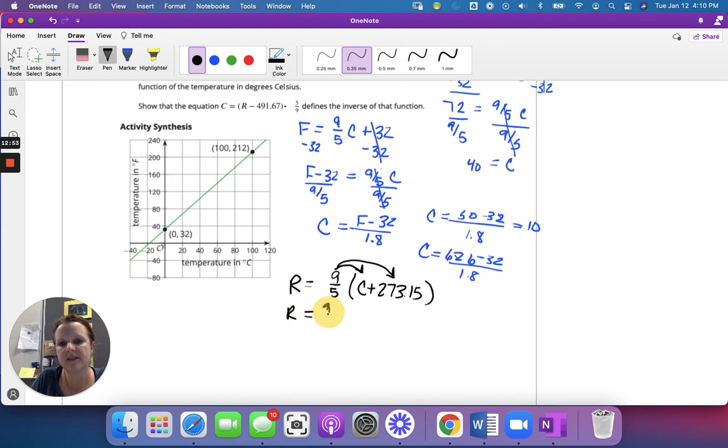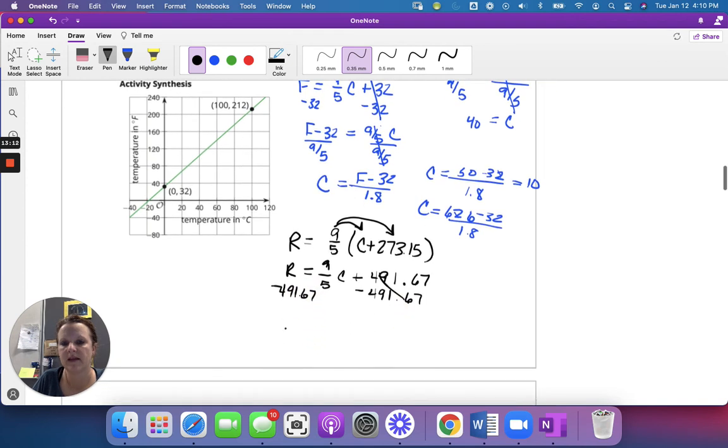So 9/5 times C plus 491.67. So let's subtract 491.67 from both sides. And I get R minus 491.67